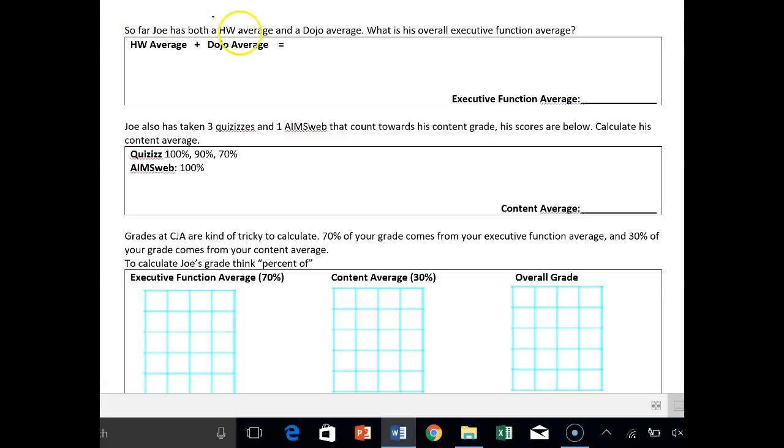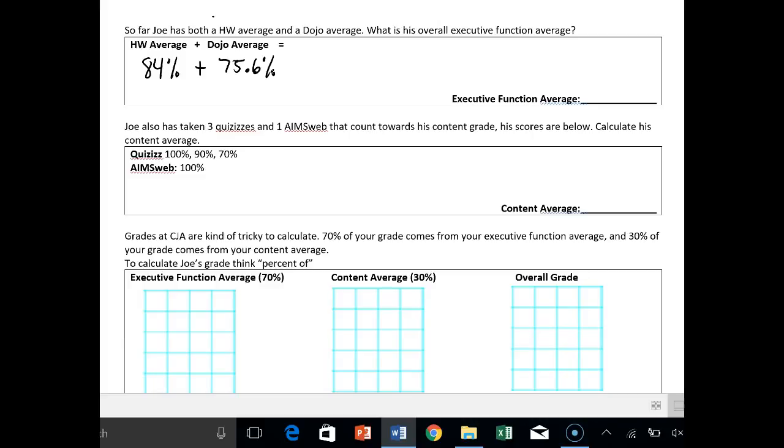So far, Joe has both a homework average and a dojo average. What is his overall executive function average? Your executive function score in your grade is comprised of both homework and dojo. His homework average, if you recall, was an 84%, right? He had those two missing assignments. And we just calculated your dojo for the week. It was 75.6%, right? So basically we're going to add these two numbers together